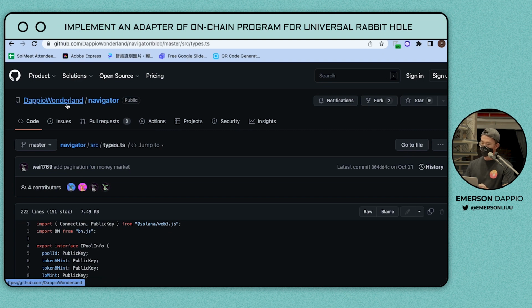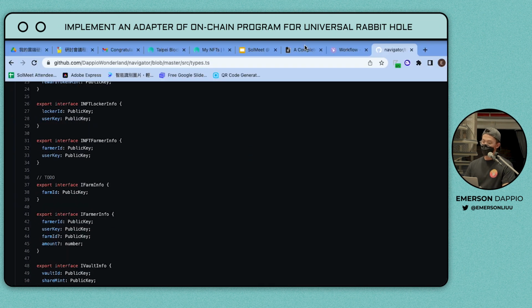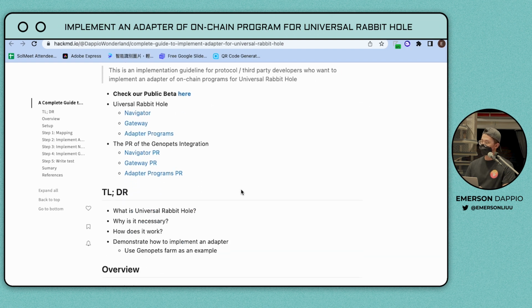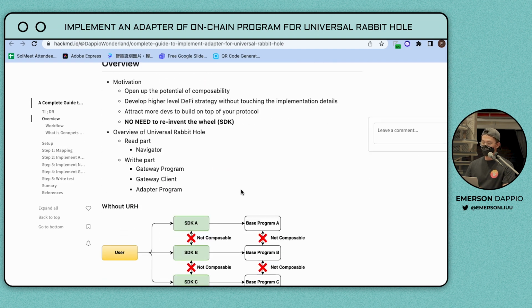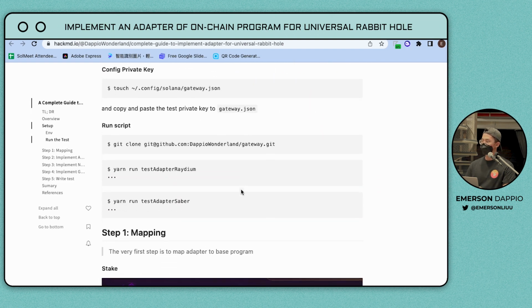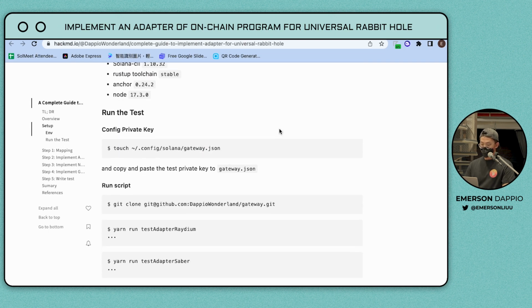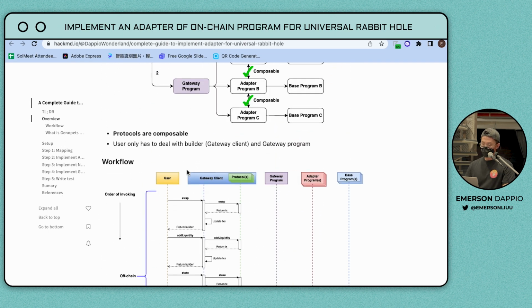Yeah. So we have open sourced the Navigator and adapter program. I think we just open sourced this tool at our SolMeet 12. So if you're interested in it, please check it out. I think this is the first part of our SolMeet event, and we would like to have a short break, and later on we'll pass to another developer to explain how we integrate the